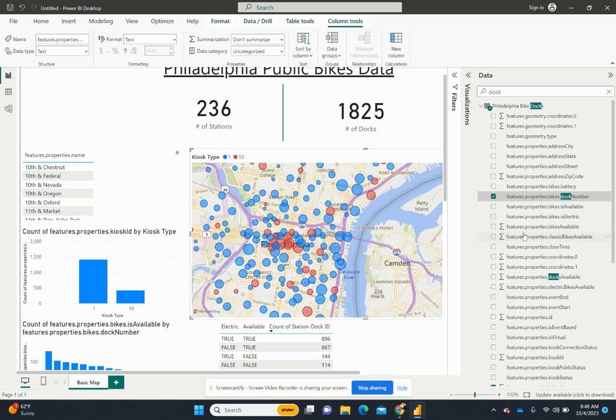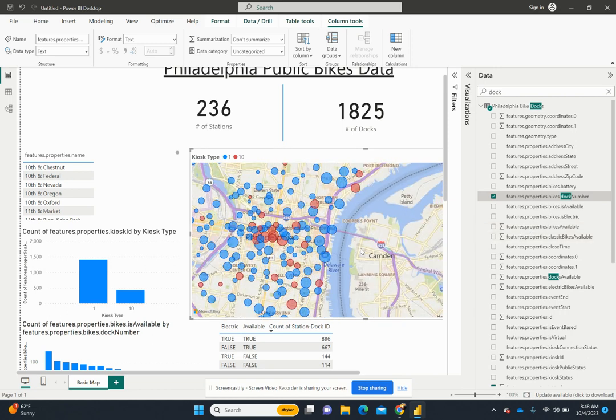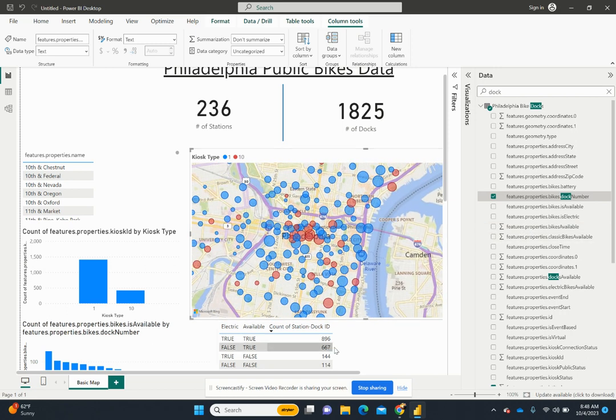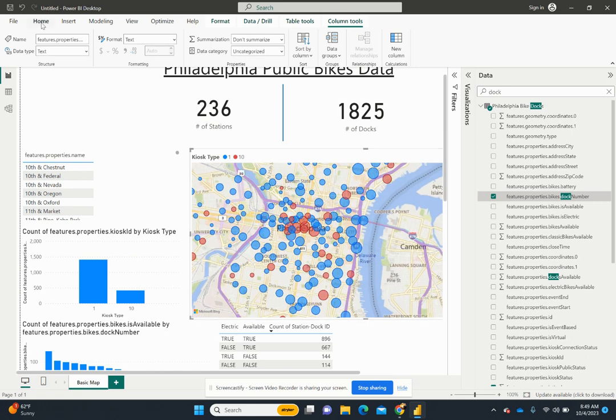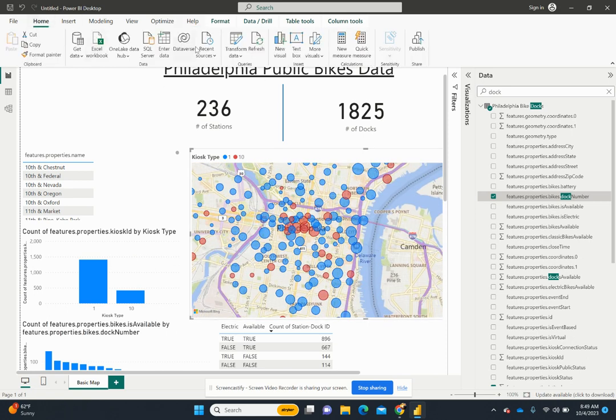All right. So what did I want to do? Let's kind of trigger on some basic stuff here. Count of station doc ID. So we've got 896 available electric bikes. That should probably change by a little bit today. And again, we'll check out